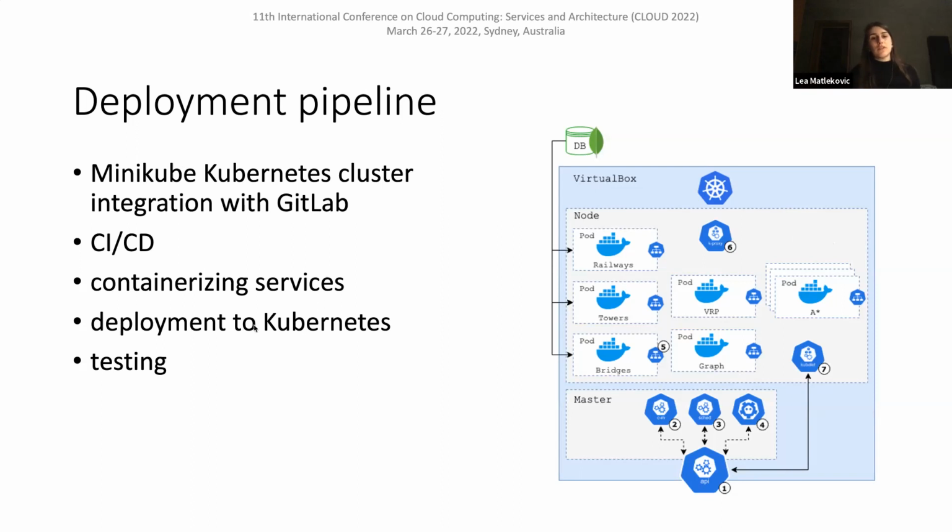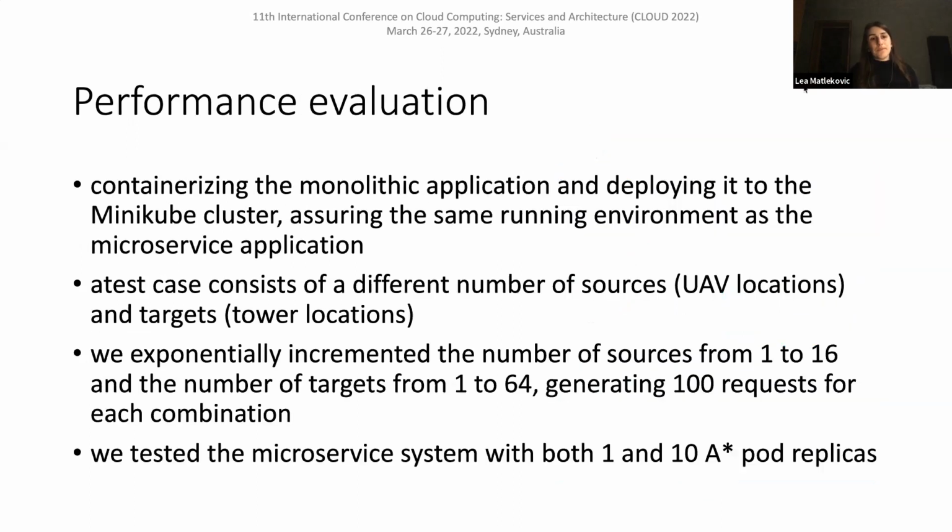After the services are deployed, we implemented very simple testing just to test if the route calculation is working as we would expect. And in the end, we compared the performance between the monolithic application and the newly developed microservices. We containerized the monolith and deployed it to the same Minikube cluster just to assure that running environments are the same. And we developed a test case